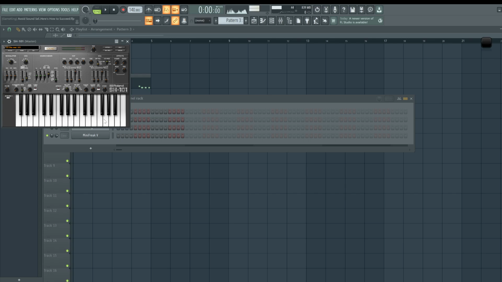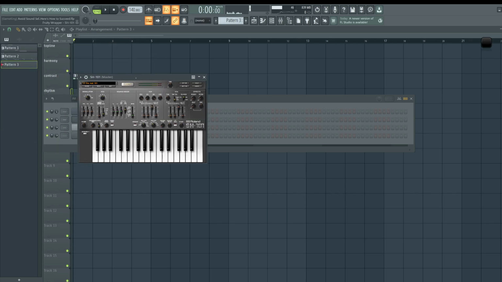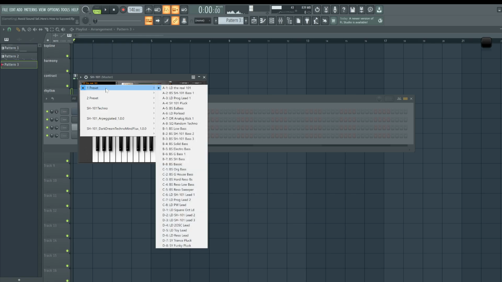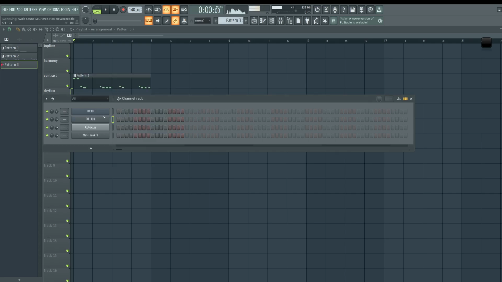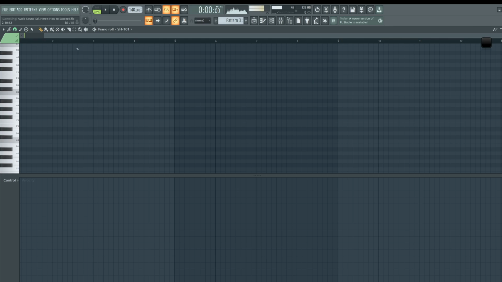Now let's pick the next plugin here. I have not used these plugins. I don't even know what this sounds like. So this could be a top line if I use the lead sound. I don't know if this has pad sounds in it, so let's just quickly see what's actually in here. We have bass sounds, we have synth sounds. These really sound like top line sounds. So I'll use this sound even though it's not meant for chords. We're going to start building chords.